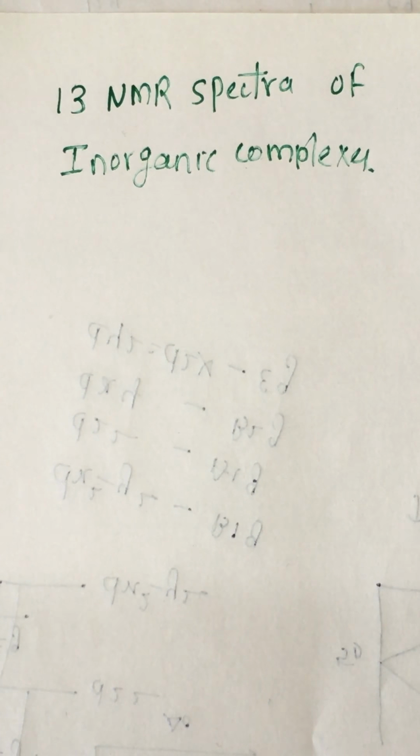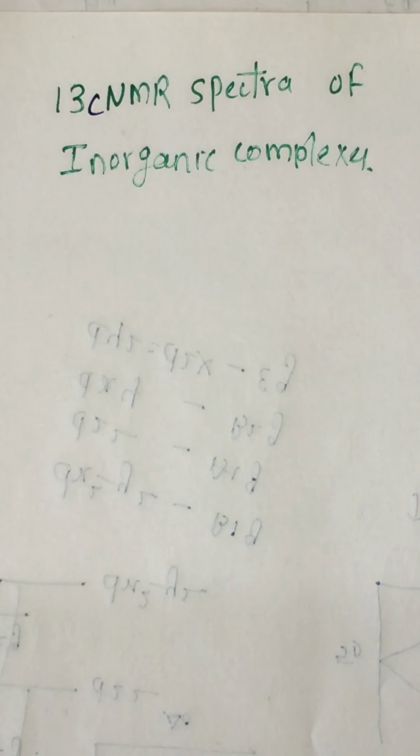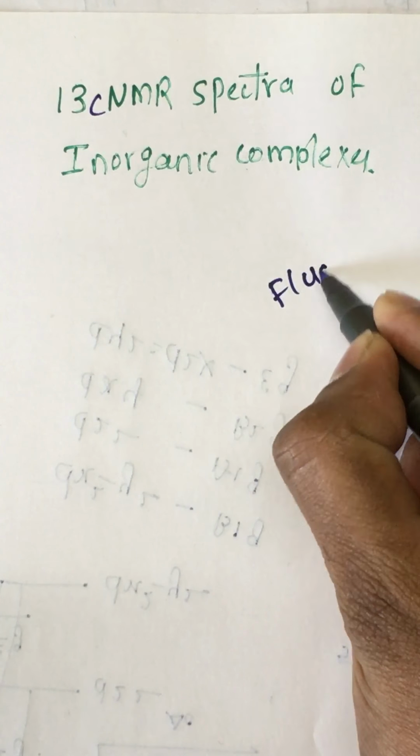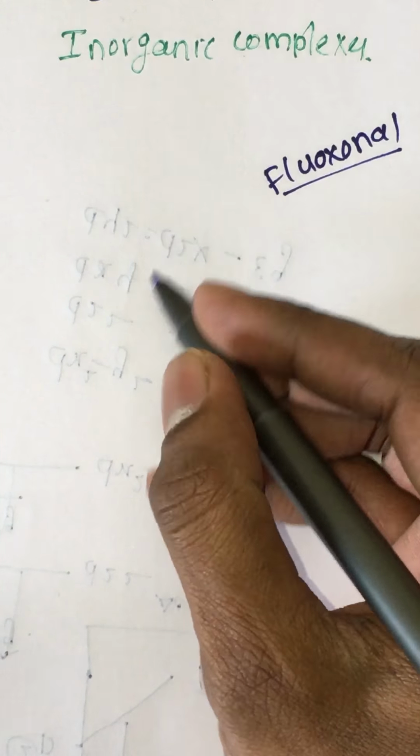Today we are going to talk about the 13C-NMR spectra of inorganic complexes. So this is a very simple topic. Here we mainly talk about the fluxional molecules. Okay, so we'll take one example, that is